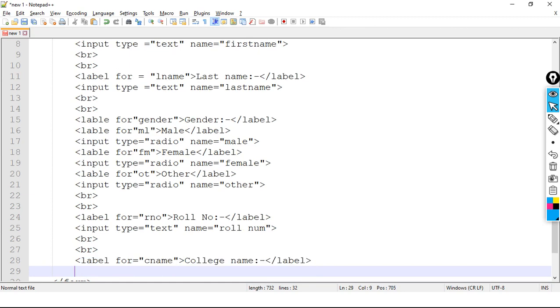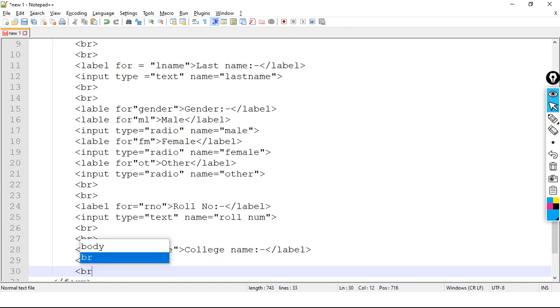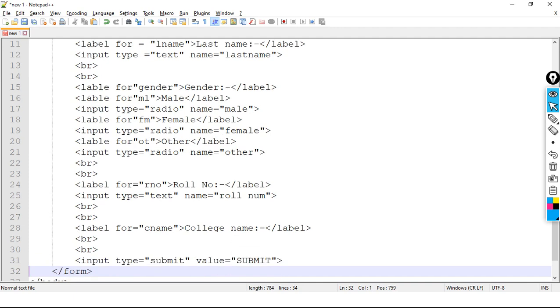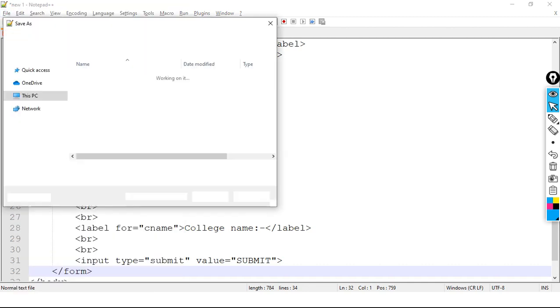And then we have a new line, and then we have input type equals submit, and value is also submit. Okay, so our form is ready. Let's save the code and check the output.